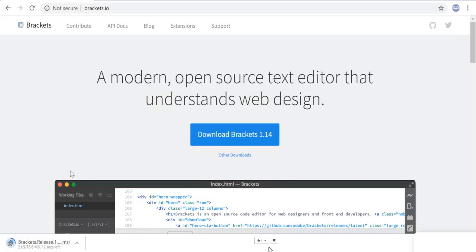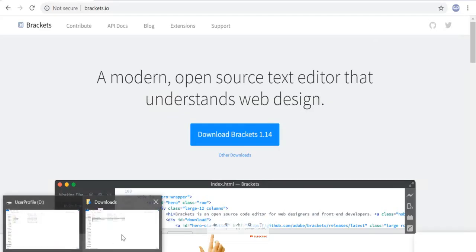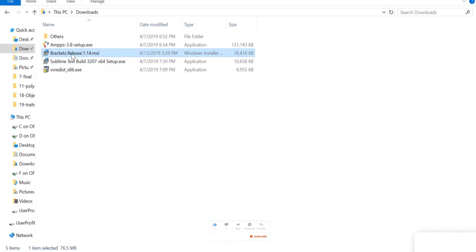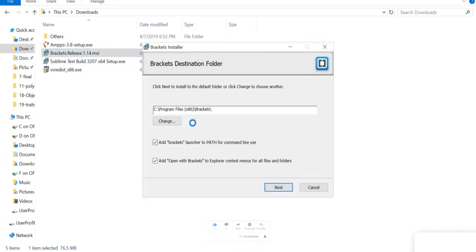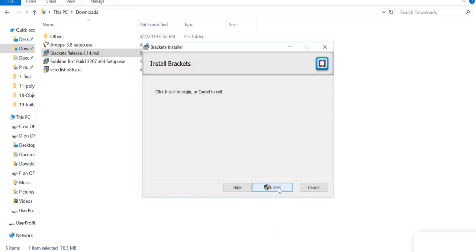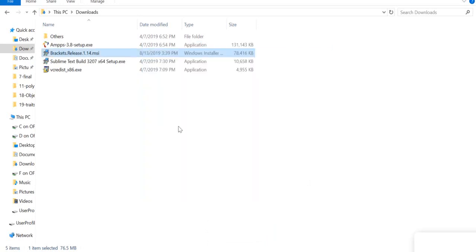And once it is downloaded, you can click on this downloaded version and then we'll install the software. Okay, so go to your downloads folder. You can find the Brackets installer, double click it. It'll ask you where you want to install your software. Just choose the default location, say next and say install. Click finish. Okay, you can go search for Brackets.